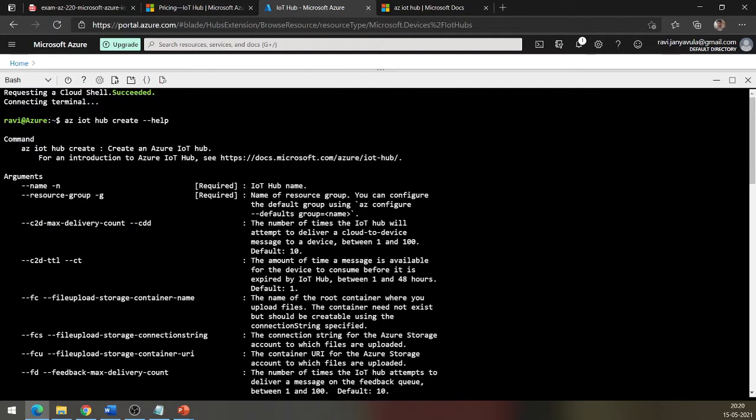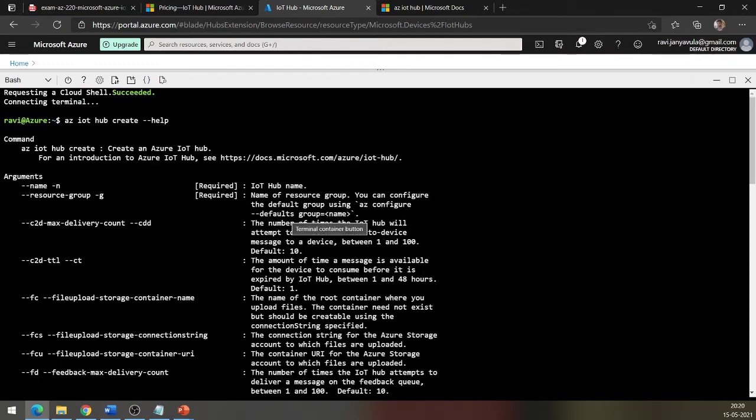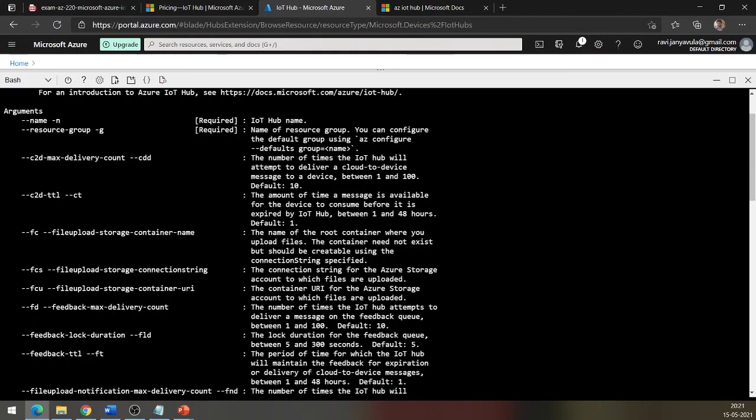If you pass in these two arguments and don't pass any other arguments, by default it will be created in the current selected subscription, and it will create the Azure IoT Hub in S1 tier, not in free tier. By default, it will create the IoT Hub in S1 tier with four partitions.